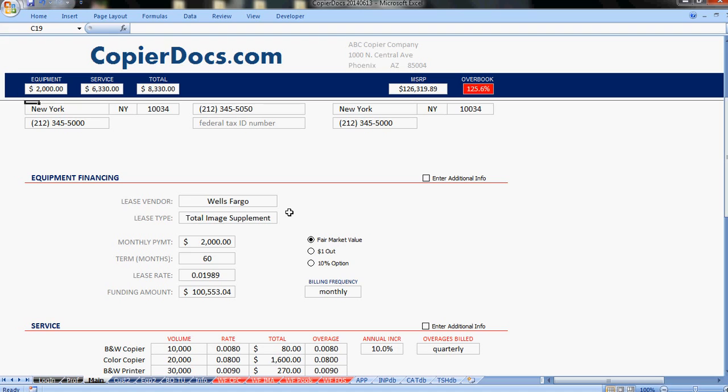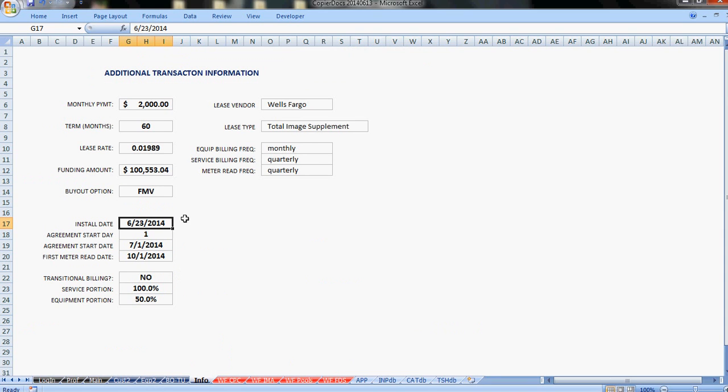some minor details that, when we go to enter additional information, that'll be here. For example, some of this information, like the day that the equipment gets installed versus the agreement start date, you can see they're a week apart, and in some cases the vendor can bill for that week. It's called transitional billing, and they get a percentage of the service and a percentage of the equipment that they bill. There's just a bunch of stuff like that, but that information's mostly defaulted, and